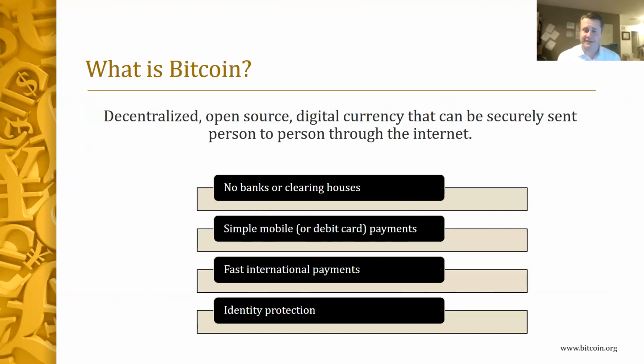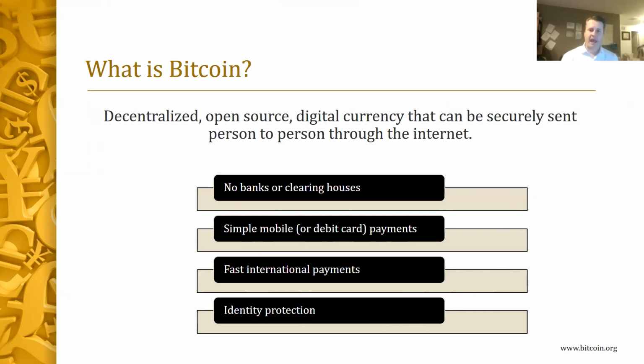And so that's what makes it quite different than any other alternative currencies that we were talking about. That means there's no banks or clearinghouses, which reduces fees and makes the transactions extremely fast. Anybody who's been doing any transfers with Bitcoin, no matter where you're transferring it, usually within minutes, but definitely within a couple of hours, it's at the destination that it's meant to go to so that you can utilize it